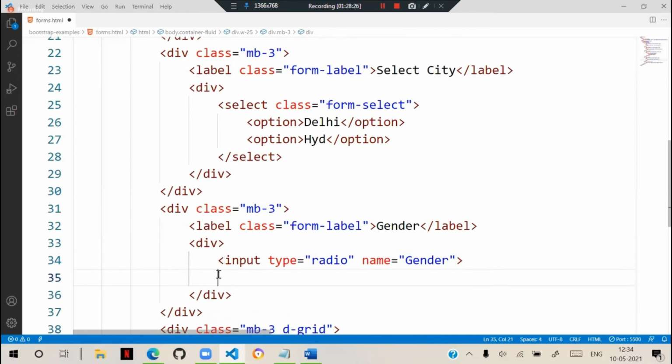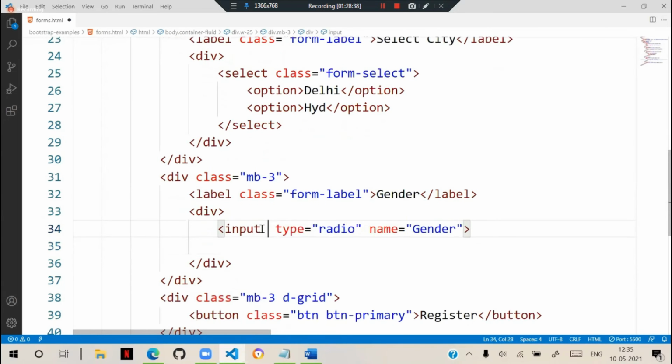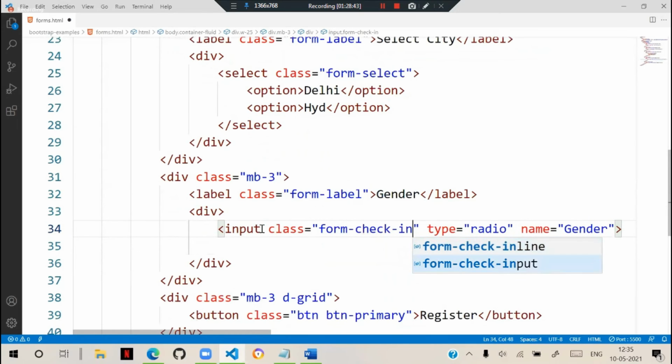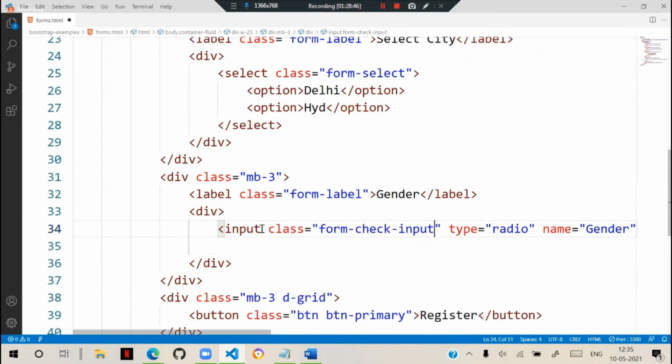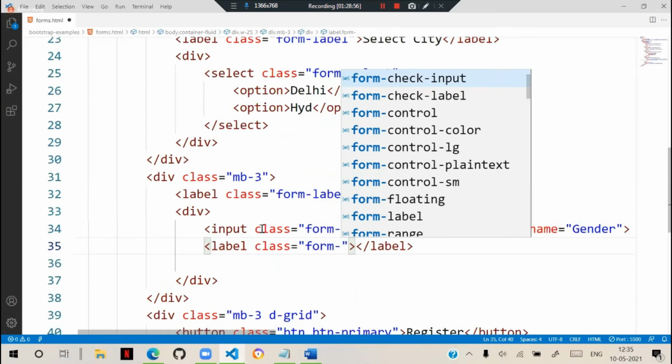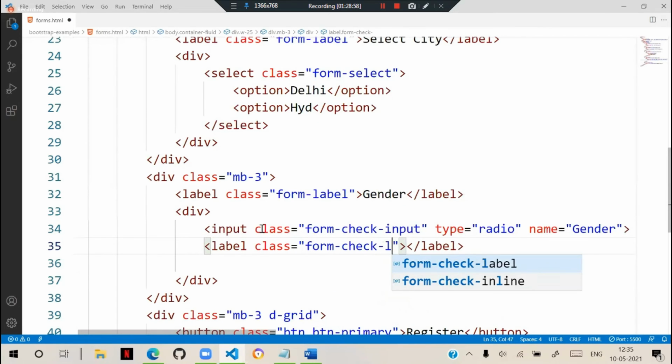Generally, when you are designing radio buttons individually, you keep the class as form-check-input. After that we have a label, because radio buttons will have a text beside them. We have to use form-check-label.